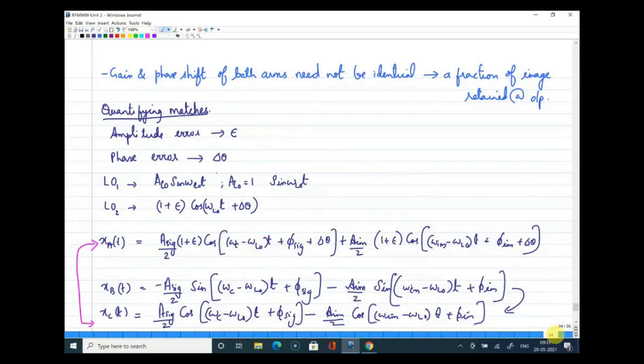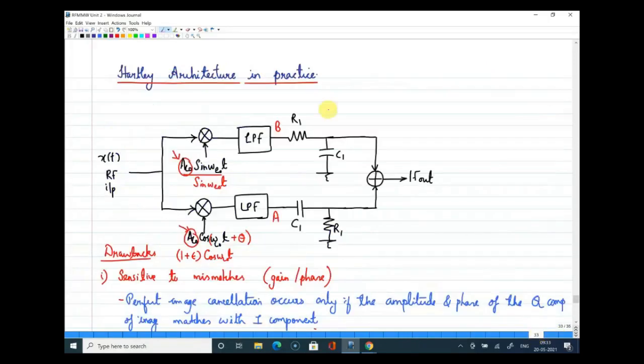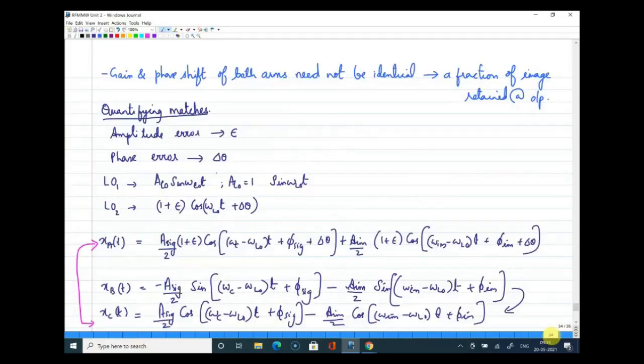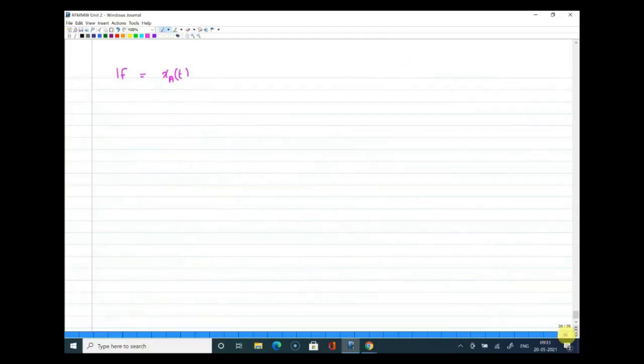Yes, Lalit, I have interchanged. What I have done is, that is why you can see a small change in how I have included RC and CR over here. I have just interchanged it. Let me know if I made any mistake in writing these expressions, and finally you can add this XA of t and XC of t. Okay, let me finish this and we can actually discuss that.